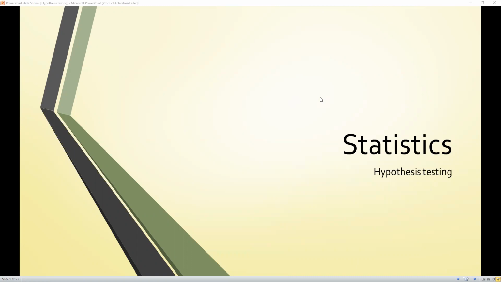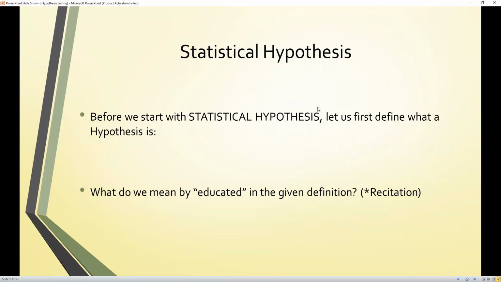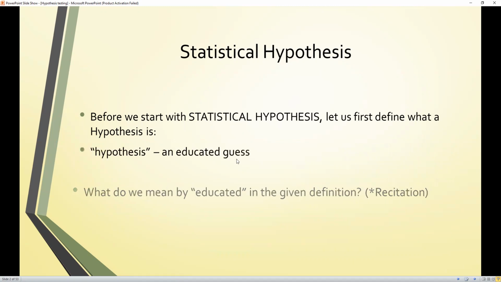Okay, the topic now is hypothesis testing. All right, let's start. Before we start with the statistical hypothesis, let us first define what a hypothesis is. A hypothesis is basically defined as an educated guess. But what do we mean exactly by educated in the given definition? It means that the guess that you're giving out is based on facts, based on information, based on current knowledge